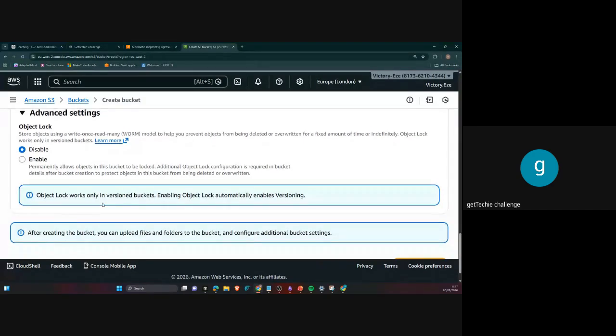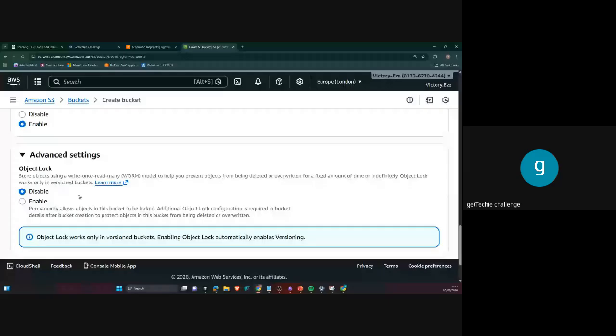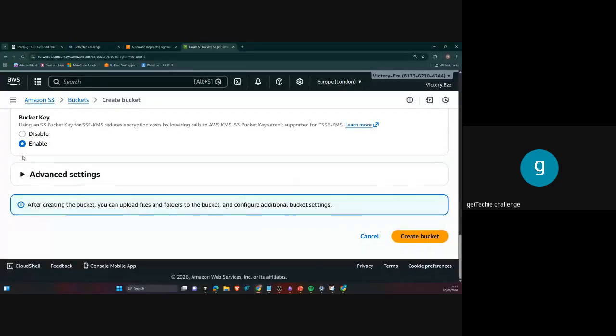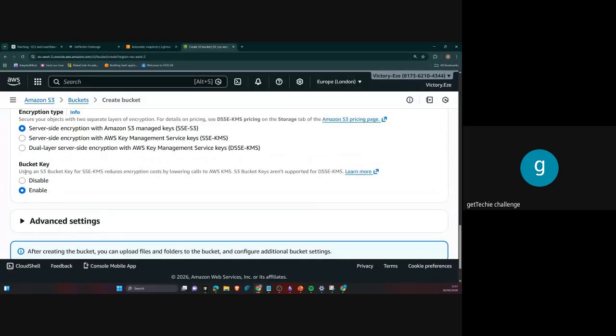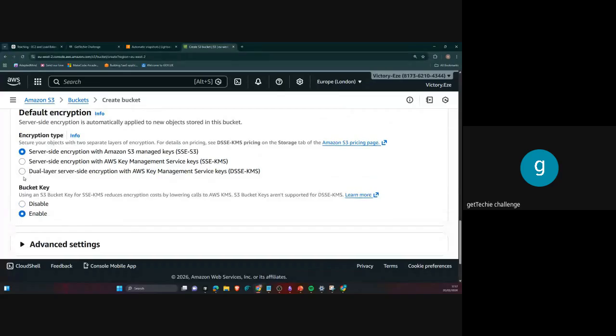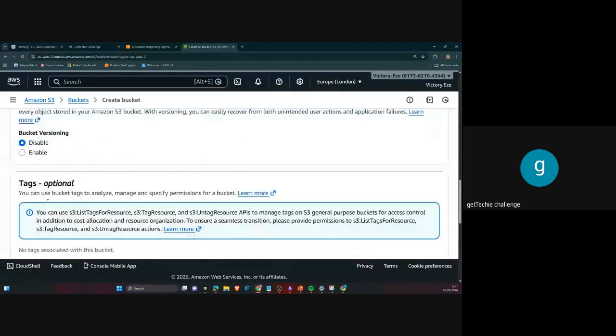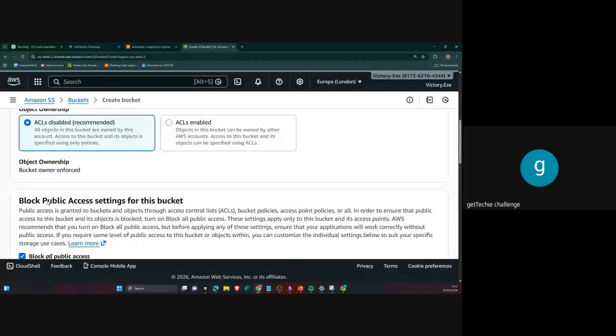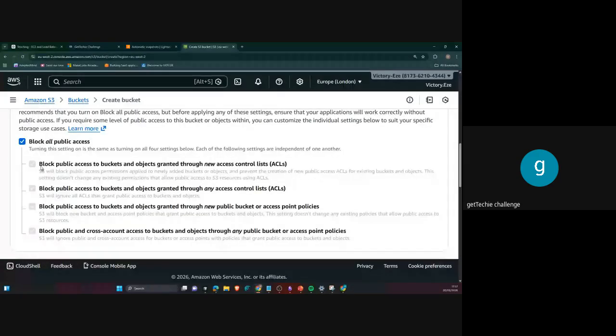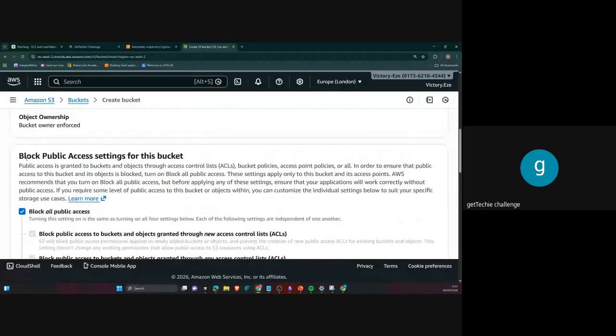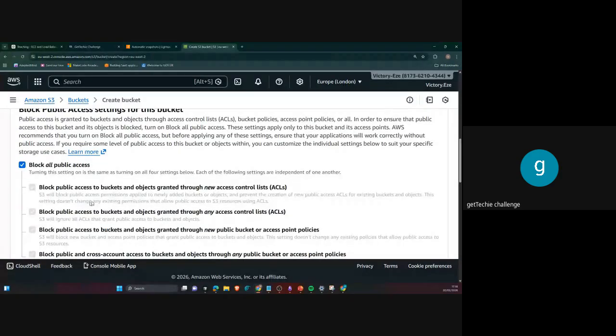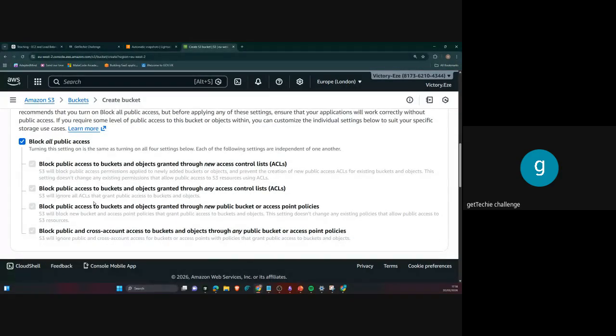We talked about bucket lock, right? Whereby when you enable bucket lock, then you cannot overwrite it, you cannot delete it, except you disable bucket lock again. But for now, we are going to be creating the barest minimum, entering the bucket name. Even now, and also by default, you can see block public access settings for this bucket. By default, it blocks all public access. Are you seeing it now?